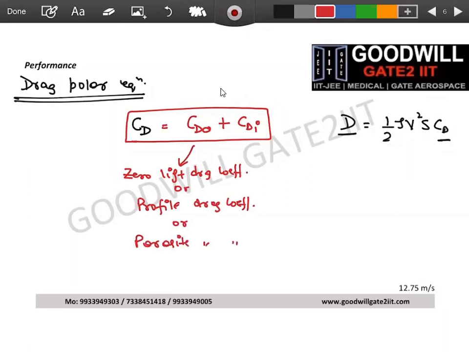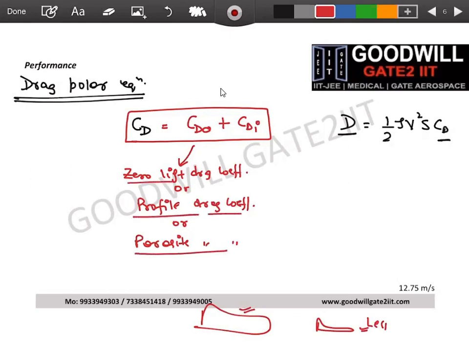It is simply dependent upon how big your body is. If you have a bigger aircraft and a smaller aircraft, the smaller one will have less drag compared to the bigger one. This is all captured under CD naught, which is referred to as profile drag, parasite drag, or zero lift drag coefficient. But the second part of it is referred to as the induced drag coefficient. I'm not expecting that you know this,